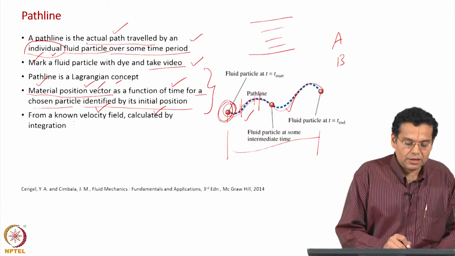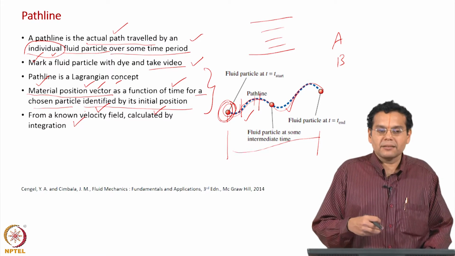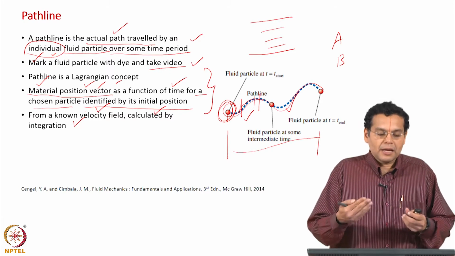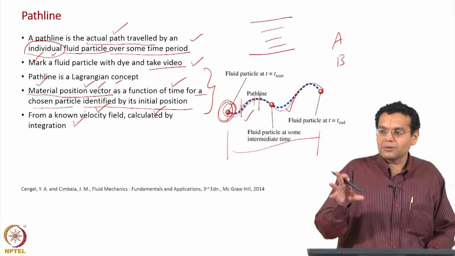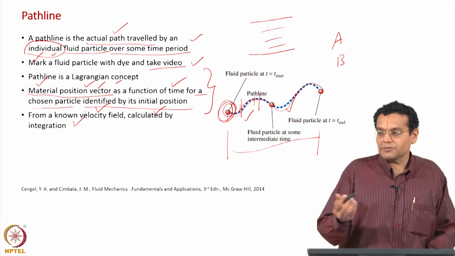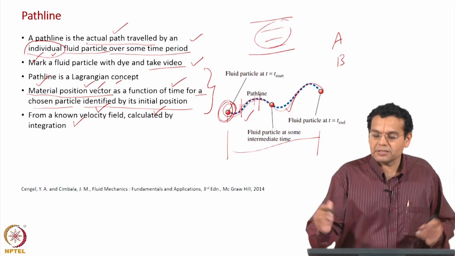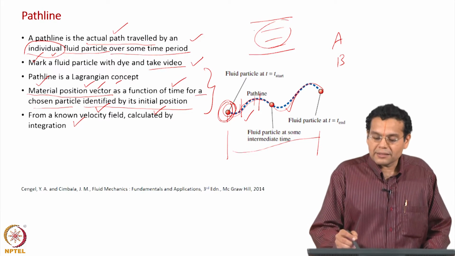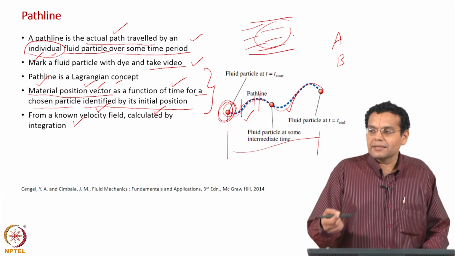So, when I say known velocity field, either an experimental field and you are measuring a path line, or a velocity field which you calculate from a simulation, and what you require is the velocity field. In one case you have values or functions, in case of simulation. In experiment, this region has some velocity field in it which you do not know, but you are measuring the path line to indirectly get the velocity field. Okay.